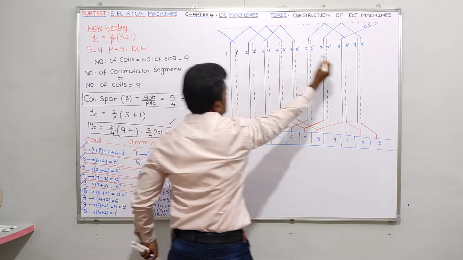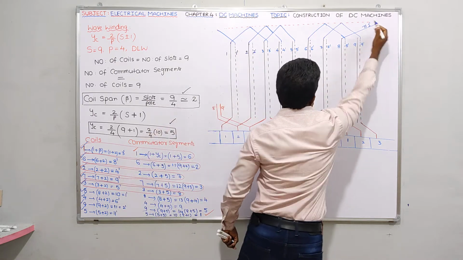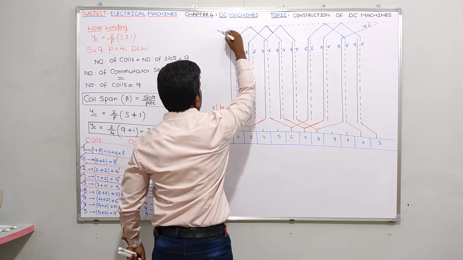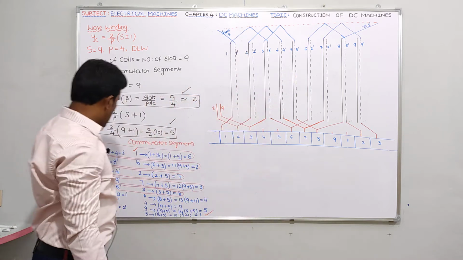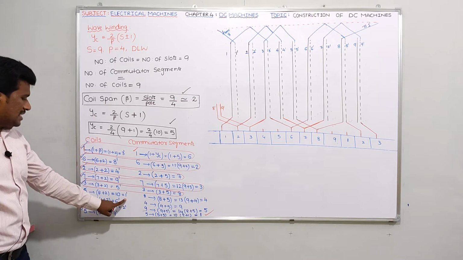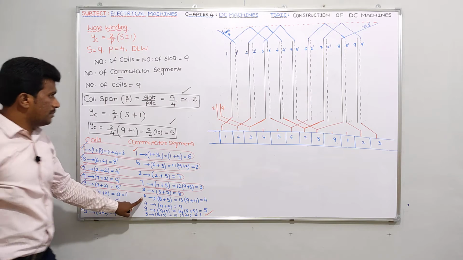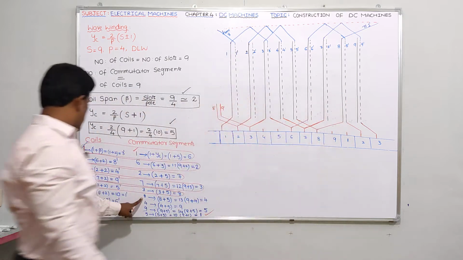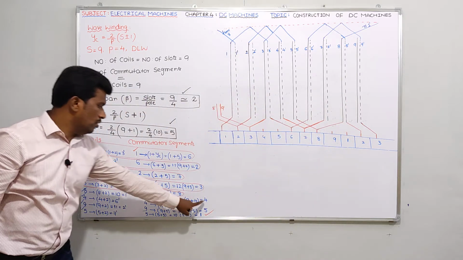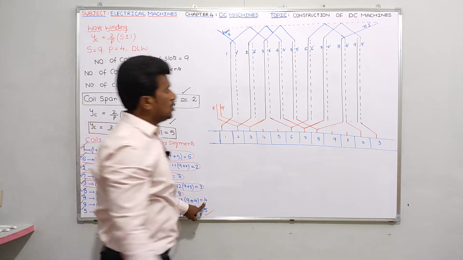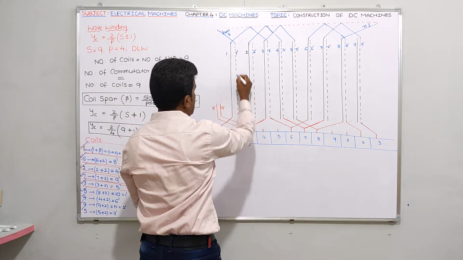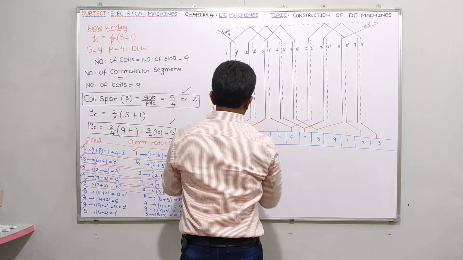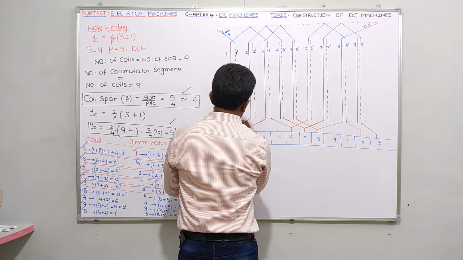To this 1 dash, as I told you, from 8 it is coming to 1 dash. That means I should write here from 8. From 8 it is coming to 1 dash. And I told you in this 8 1 dash coil, the 8 conductor is connected to the 8th segment, and the 1 dash conductor will be connected to the 4th segment. So 1 dash, this is the conductor connected to the 4th segment. Yes, it will be like this.